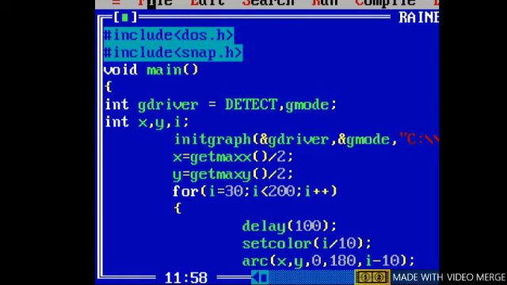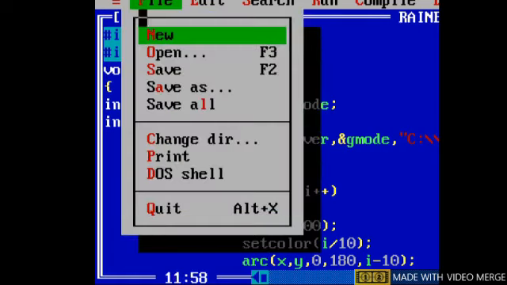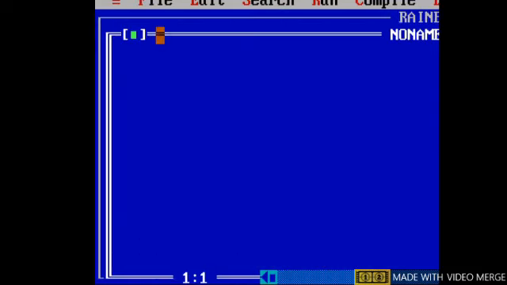Click on the file menu, new. A file is opened.